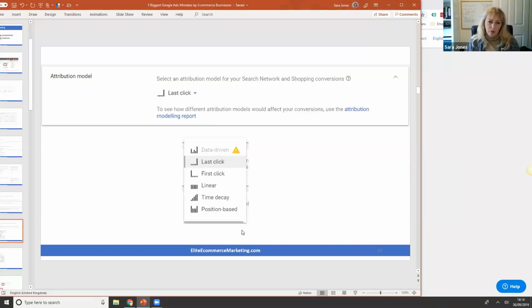That's what all this is talking about. High volume websites will have the option for data driven. That's using machine learning and really complex algorithms to track it most efficiently. That's always the one you'd go for. But what I would want you to choose here, for most people, you need to choose position based, because that will,